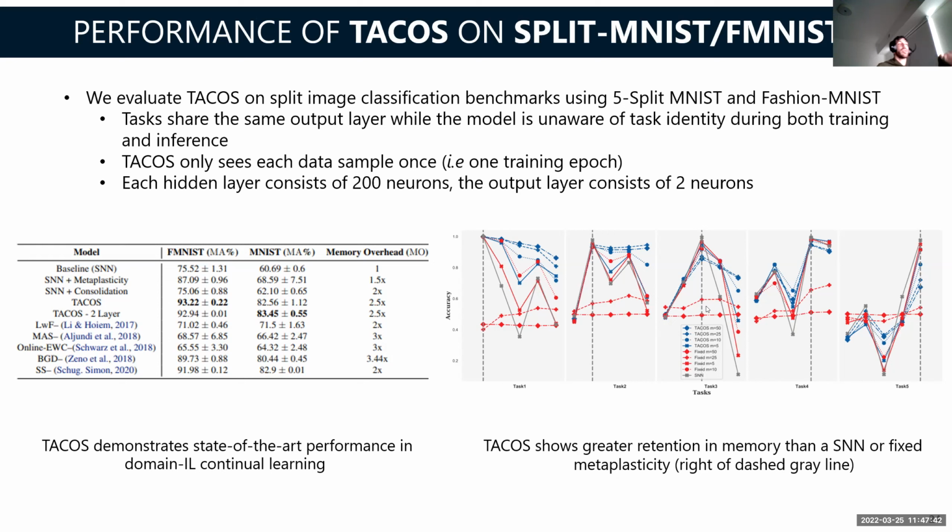The reason being, TACOS, let's say, can get up to a metaplastic state of 25, where we'll just say you have very restricted plasticity. If you start your network from that state of 25, you have almost no ability to learn, whereas TACOS can only grow to that state once that synapse has learned a significant amount of information. So this way, we can get to this point where it's near frozen only after it's already been trained on something important.